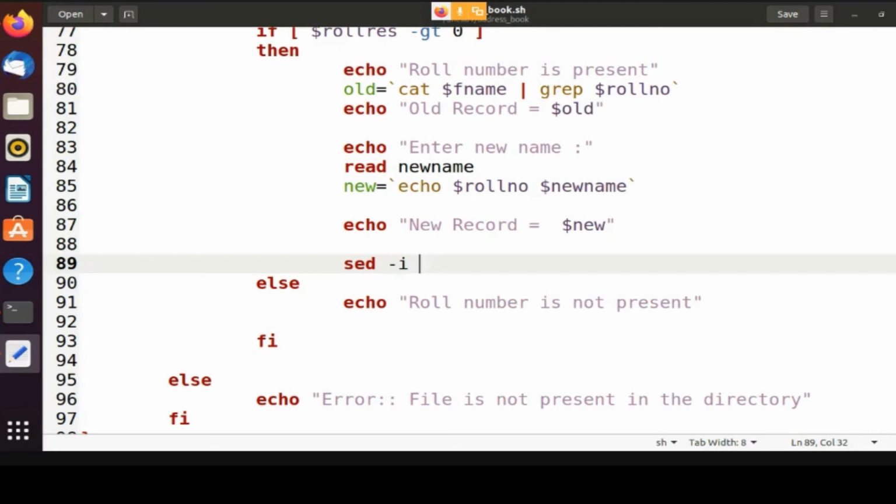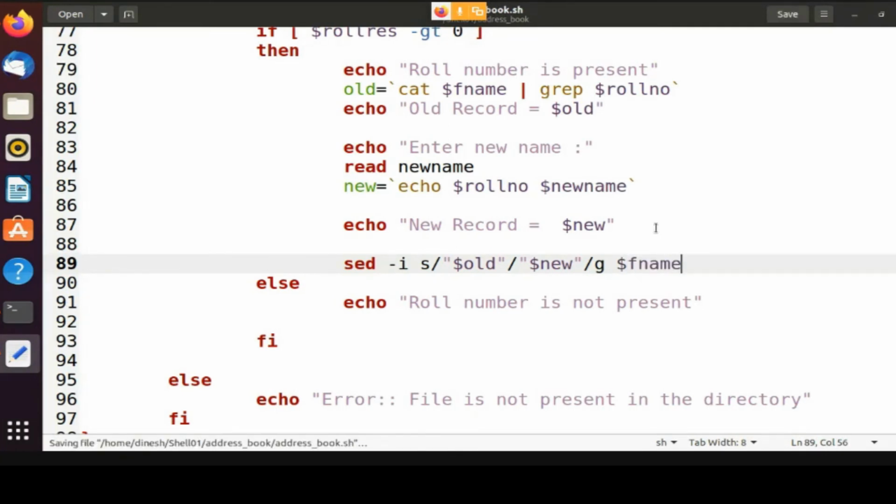So s, and then the old record, so you can say old, slash, then $new. So old is replaced with new, then g is for global throughout the file, and then the name of the file is $fname.